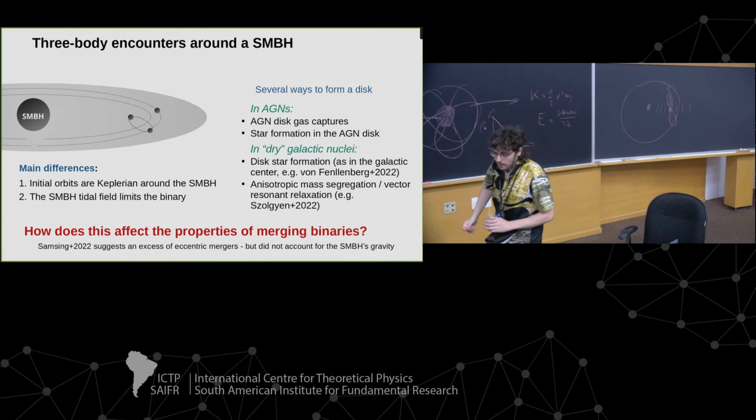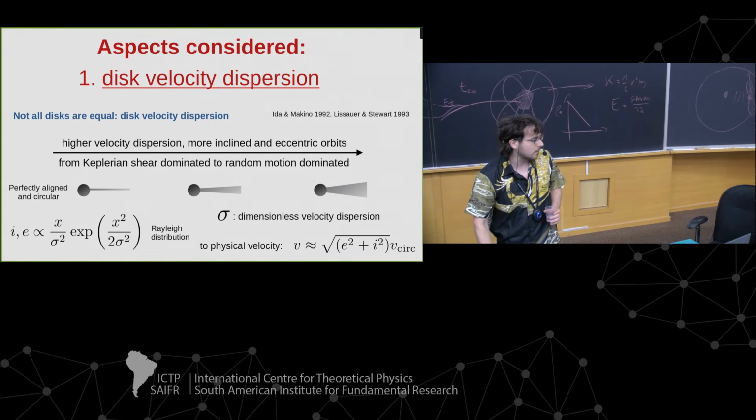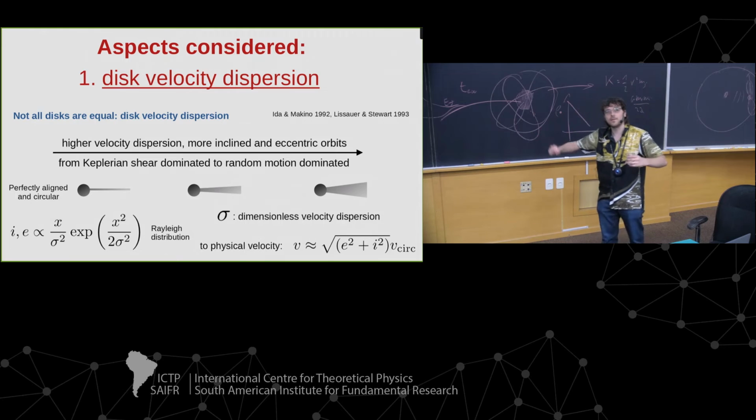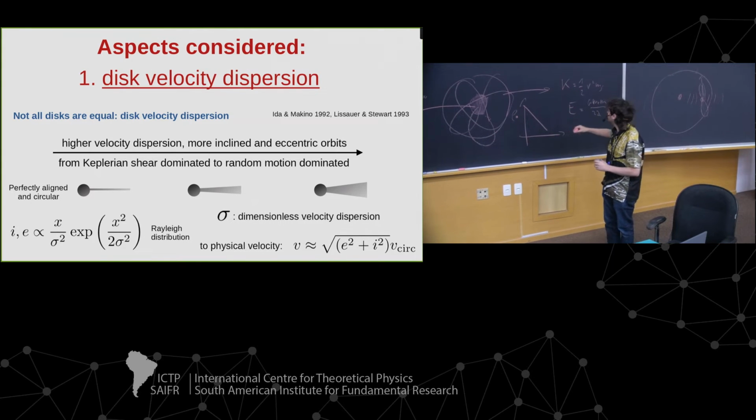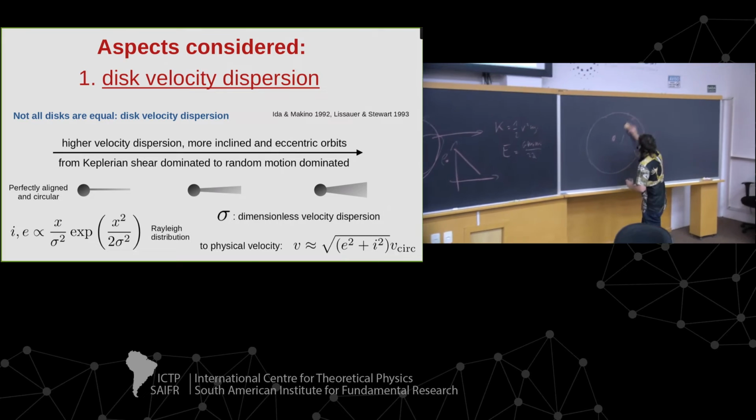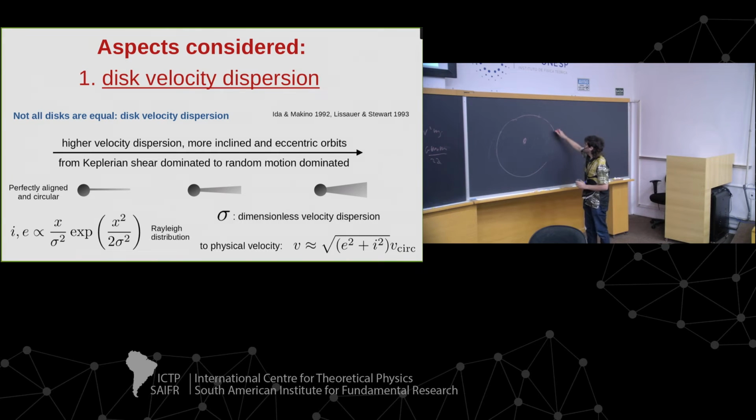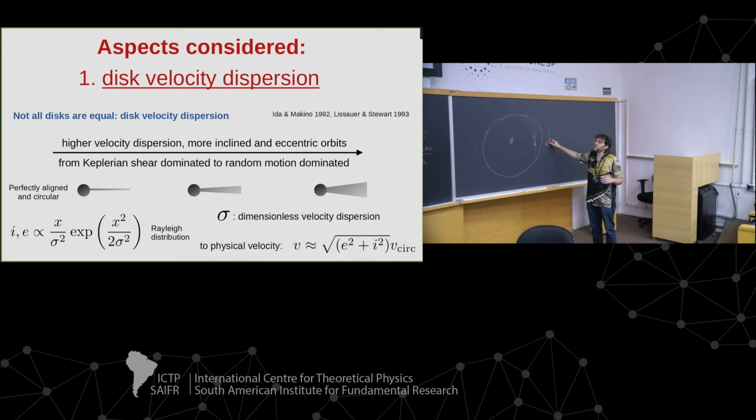So what I wanted to check was the effect of the velocity dispersion. The disk does not have to be just very circular. The binary black hole and the single can meet on circular orbits, and that's fine, that's what everybody has been considering. But there are many ideas that point out that these orbits should be at least a bit eccentric, maybe because of turbulence, maybe because of gravitational interaction between the bodies.